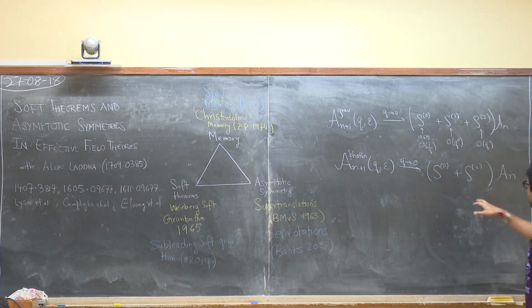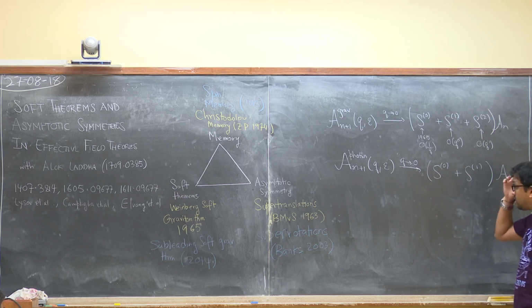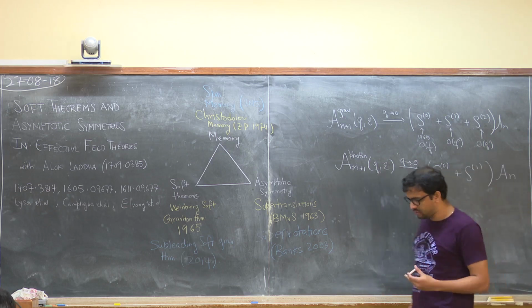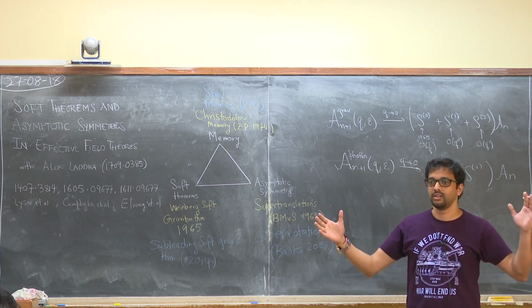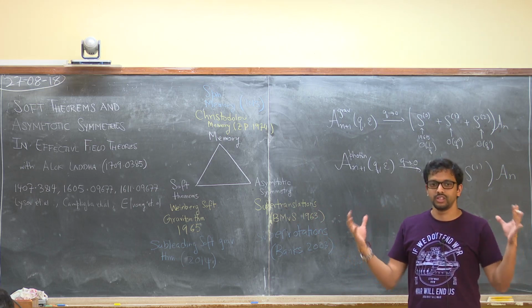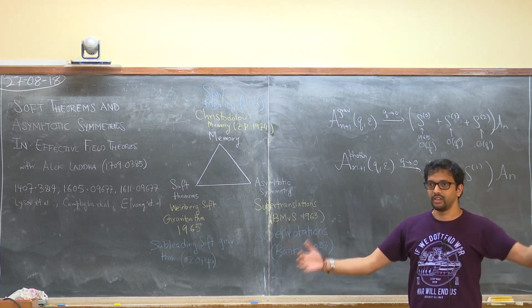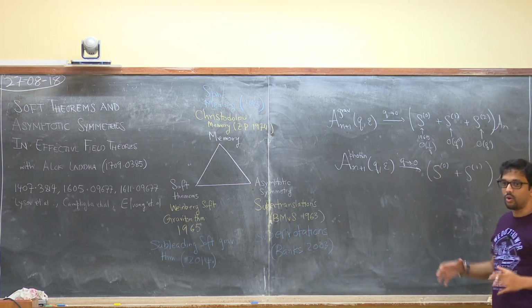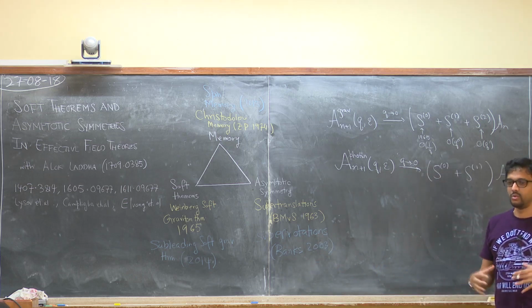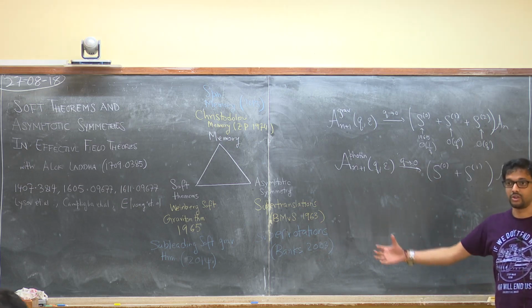Okay, so in the photon case, it stops at S1. And now we would like to assign a symmetry interpretation to these. We know the symmetry interpretation of S0. I should have told you that the symmetry interpretation here is just a set of large gauge transformations. That is to say, a set of gauge transformations generated by some parameter epsilon that does not vanish at infinity. When we say gauge transformations, we usually think of functions that die off at infinity so that they don't affect boundary physics. But you can also consider other transformations, generated by functions which are non-zero on the boundary.